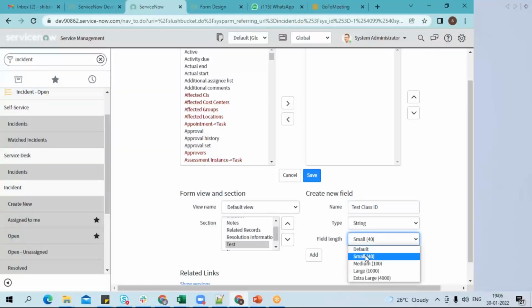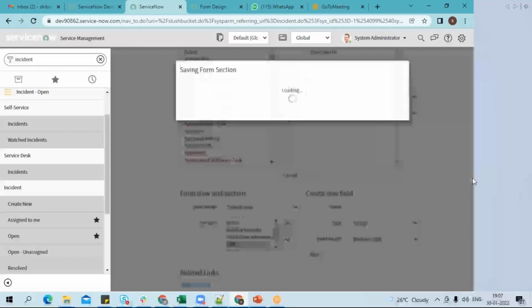So this is showing as a field length. You can select this: small, medium, large, extra large. So this is the kind of available limit, how long the characters can be for this field, right? It can contain 4,000 characters, it can contain 1,000 characters, it can contain 100, and this one is for 40. So let's keep this for 100. And if I add and save here,